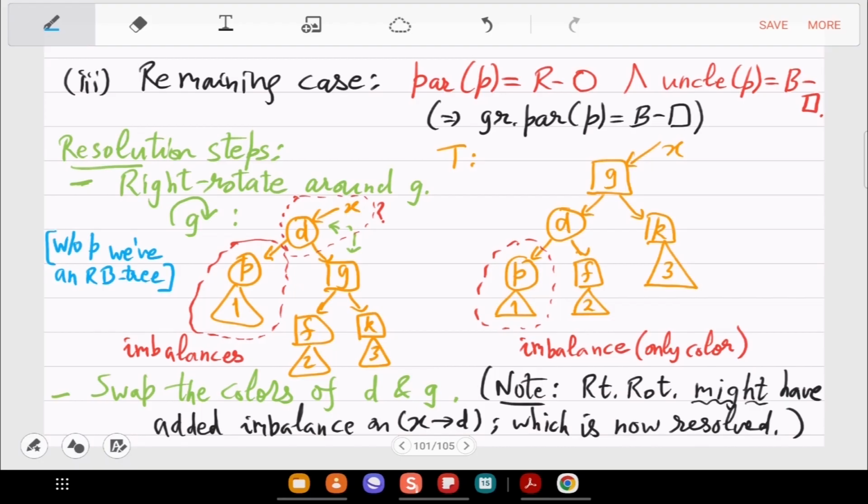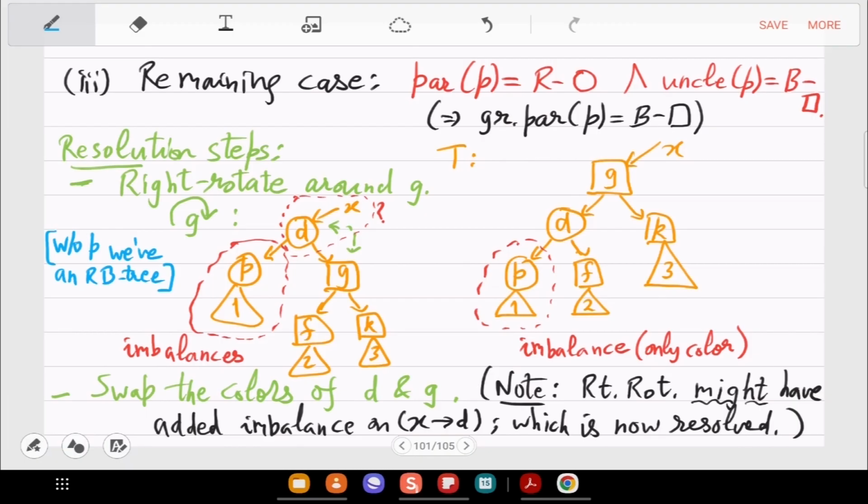Okay, so 1 can be a big RB tree itself. So don't just think of P as a single thing you have inserted. You might have inserted a whole RB tree here, and we have given an algorithm here to remove the color imbalance. So this is a general pseudocode.